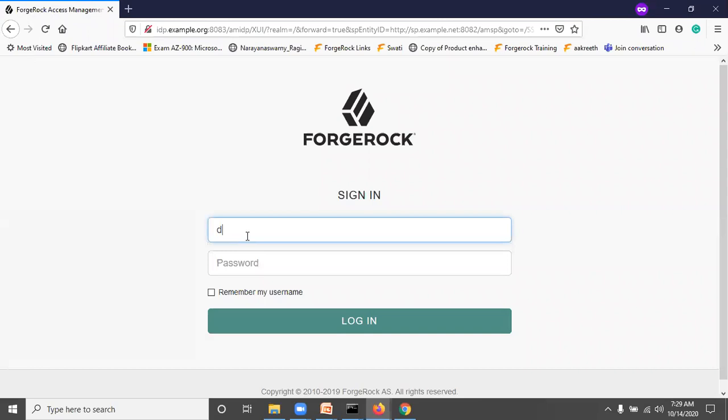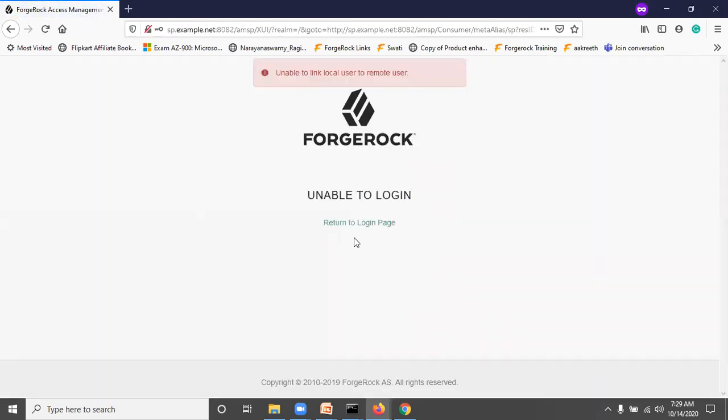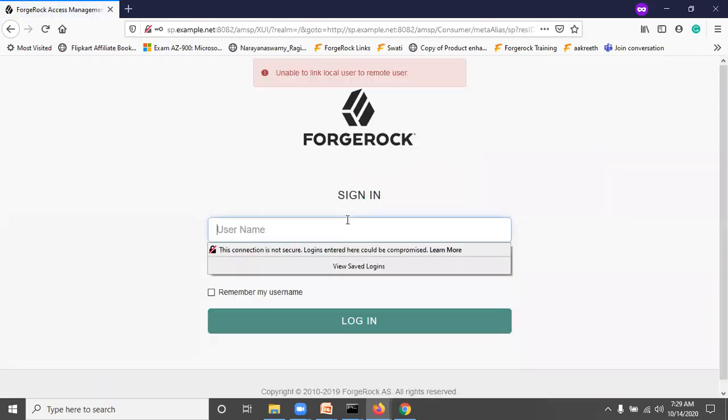Enter. So now it's redirected to the IDP application. Then enter the username demo IDP3 and password. So click again, return to login here.